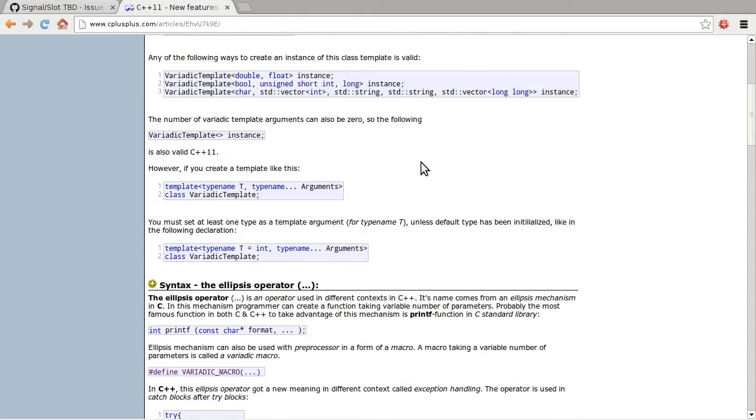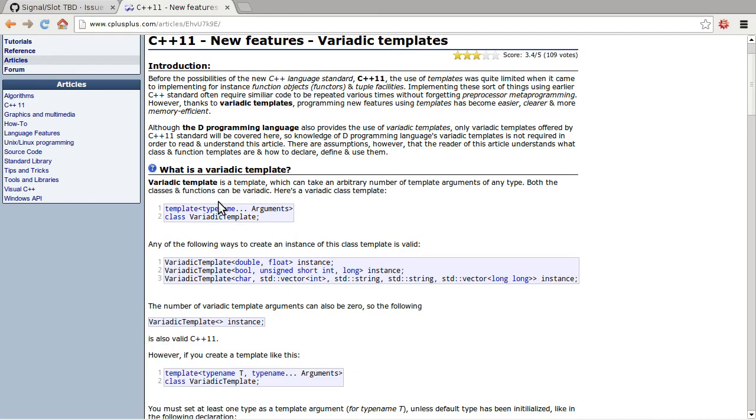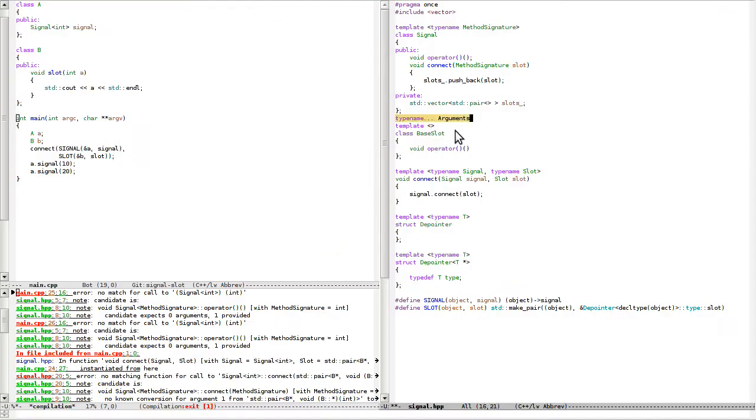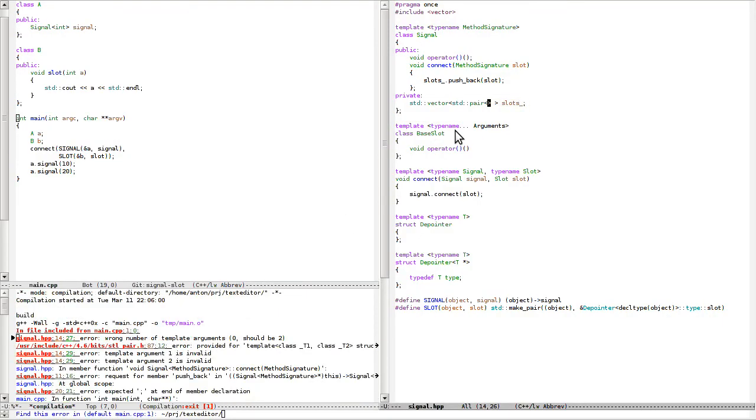I'm going to use this syntax. I hope it will work, right? Template arguments, type name arguments, and it's going to have base slot. And this thing is going to be for each class. So I need to make the pointer of this thing because